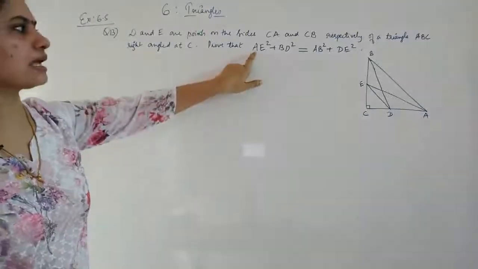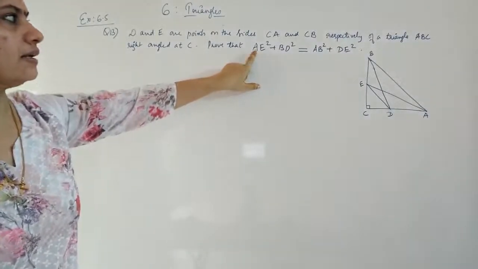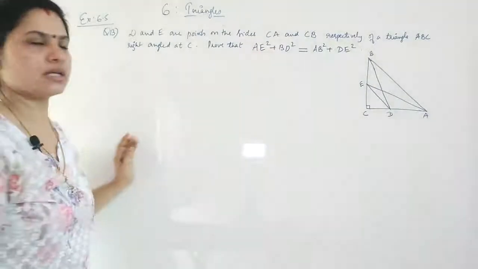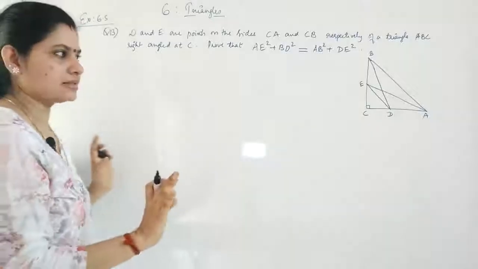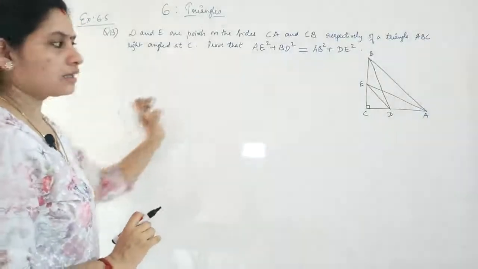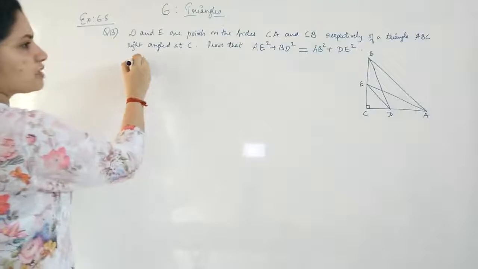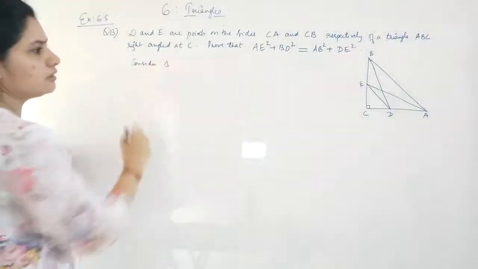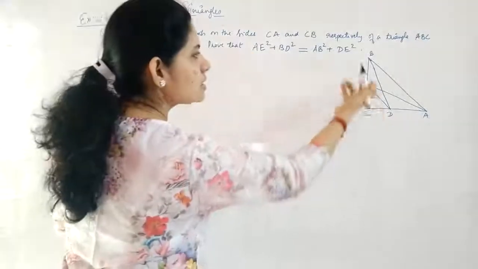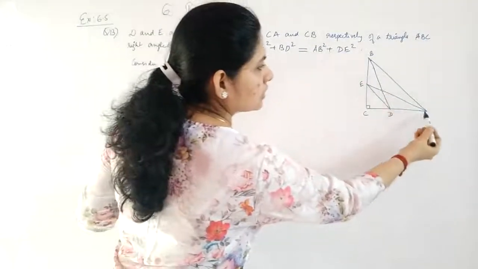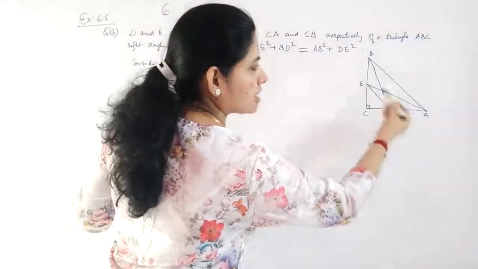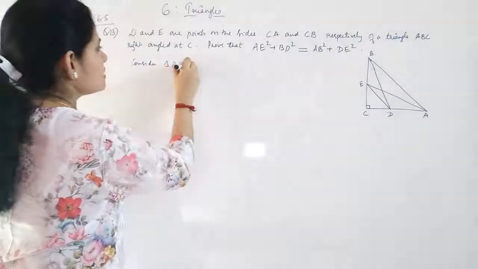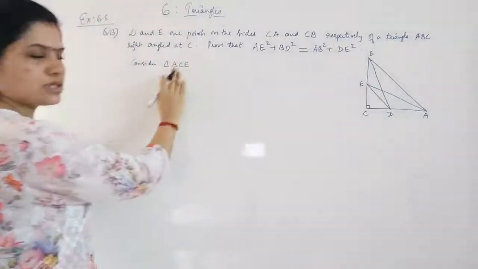After that, we need AE square, so consider the triangle in which you can use Pythagoras theorem containing AE. We are applying Pythagoras theorem considering 4 right triangles, right angled at C. First, you want AE, which is acting as the hypotenuse. So you can consider triangle ACE, which is again right angled at C.